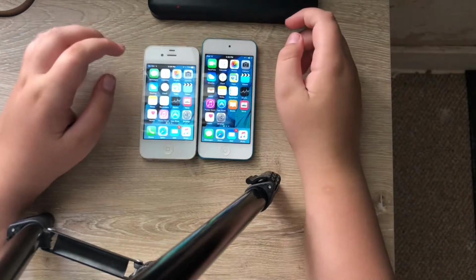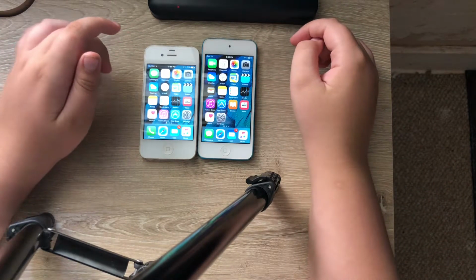Hey guys, since we're back here today, we're going to see if iOS 9 is still usable